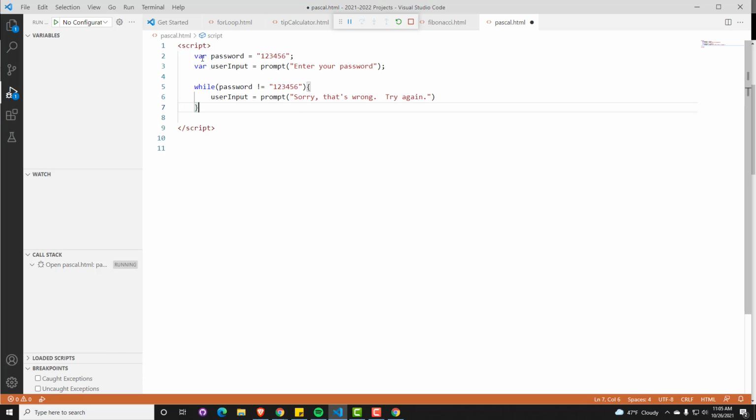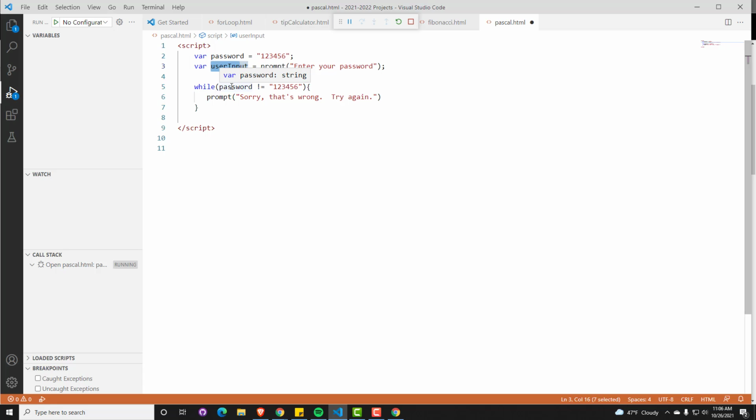So what this is going to do now is pop up and ask them for a password. If the password does not equal 1, 2, 3, 4, 5, 6, then we're going to enter into this while loop, and this is going to keep popping up until they enter 1, 2, 3, 4, 5, 6. The reason I had to make sure that I put userInput equals prompt and not just prompt, I see people make this mistake sometimes, they just put prompt. The problem is that it's never storing their new password as userInput, so now we're stuck in an endless loop, because if they get it wrong the first time, there's no way to ever update userInput, so therefore,